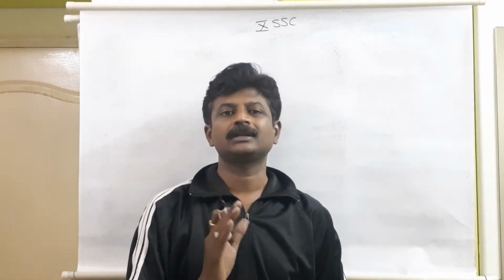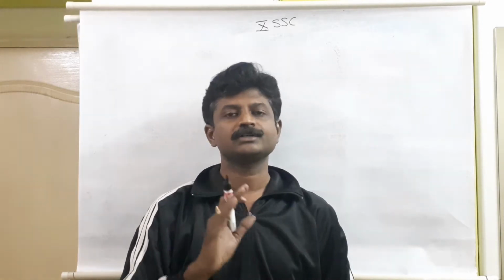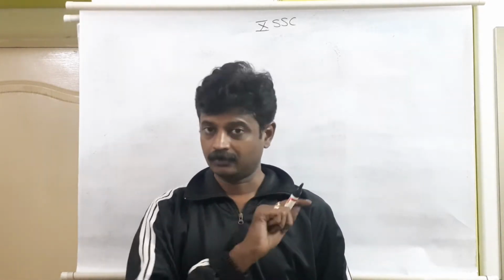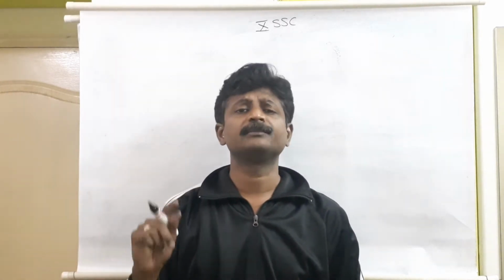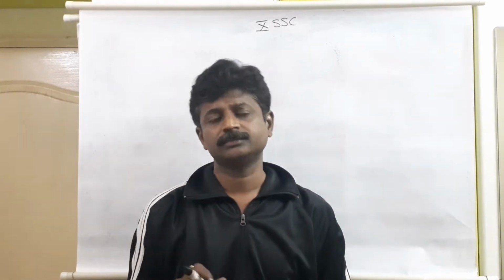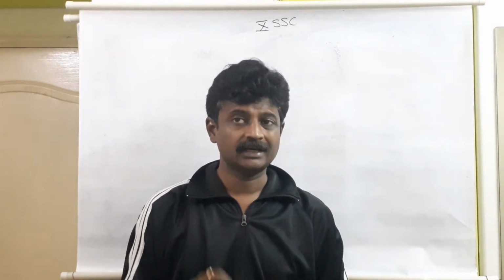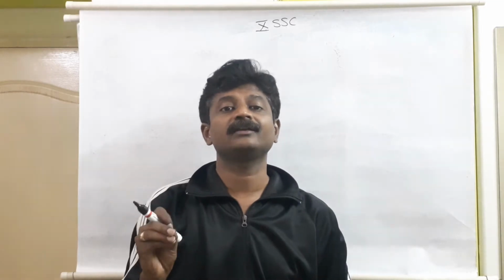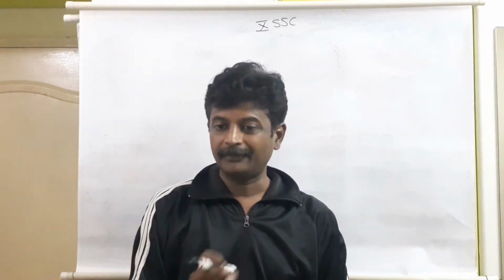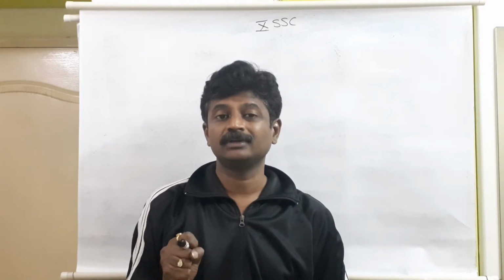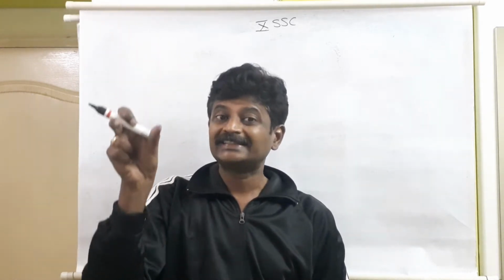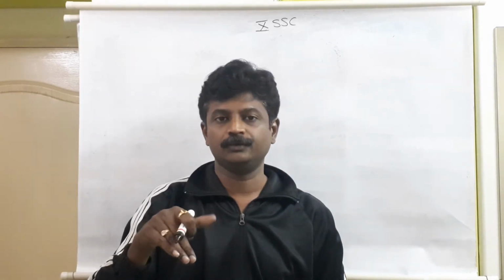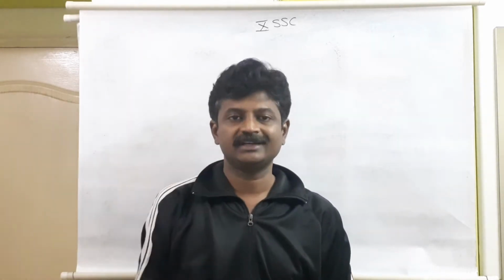Median is equal to capital L plus, into bracket, N by 2 minus CF, where CF is the cumulative frequency of less than type, upon f, complete bracket, into h. h is the class width of the median class. How to find out the median class? Based on the summation of the frequency column, that is capital N value divided by 2. Whatever value N divided by 2 comes, we have to check it in the cumulative frequency, which is the first one bigger than the N by 2 value. That class will be the median class.